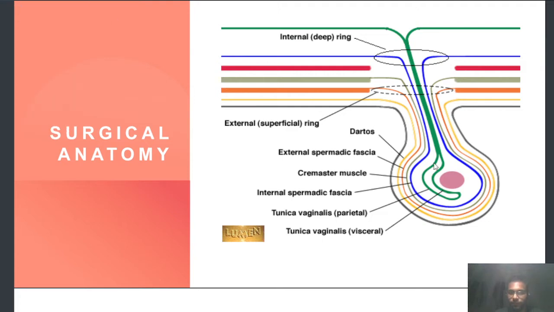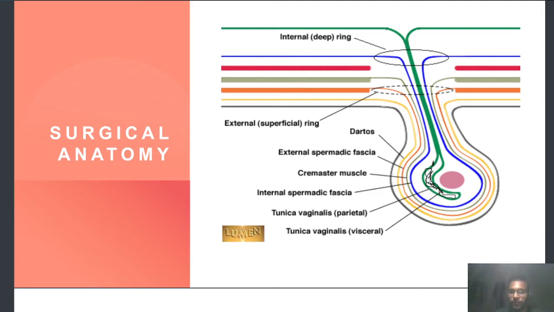Yes, this space right here that you guys are seeing, this entire space, yes, this is tunica vaginalis. This is the tunica vaginalis parietal layer, the layer on the outside, and this is the tunica vaginalis visceral layer. Visceral means attached to the visceral organ, so this layer is more attached to the testis. This is known as the tunica vaginalis visceral layer, and this is known as the tunica vaginalis parietal layer, the layer